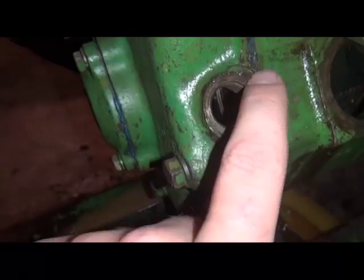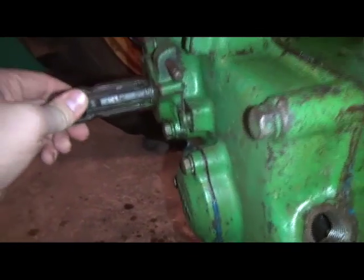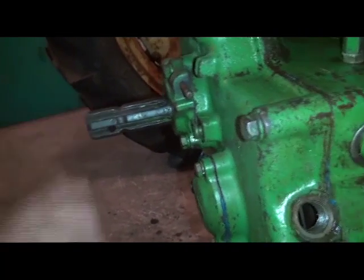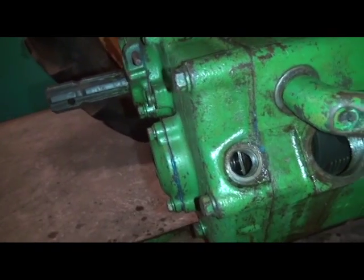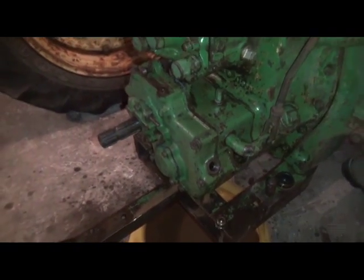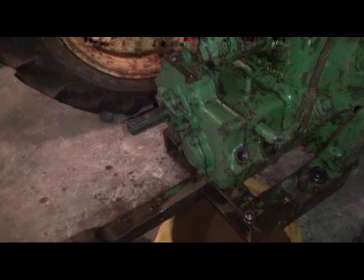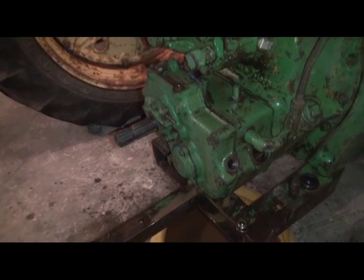But one other quick thing about these early style clutches. They have a stop screw, and essentially all it is, it limits the travel of the clutch fork inside. I can't show you, but essentially this clutch fork arm, as you pull this up as we engage the clutch, there's actually a stop screw inside of here that we adjust after we've made our final adjustment on the power shaft clutch inside, remove this top cap,